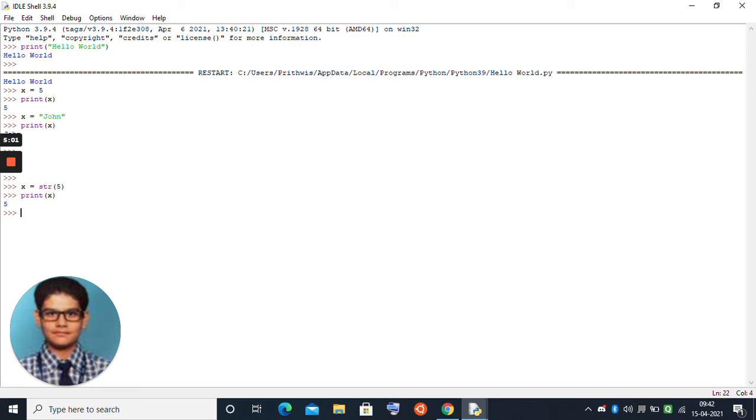Let's check that once, whether we are correct or not. To do this, we will use the type function. The type function tells us the data type of the variable that we have assigned a value to. So type of x currently, I'm sorry, we need to assign these things again. x equals str of 5,